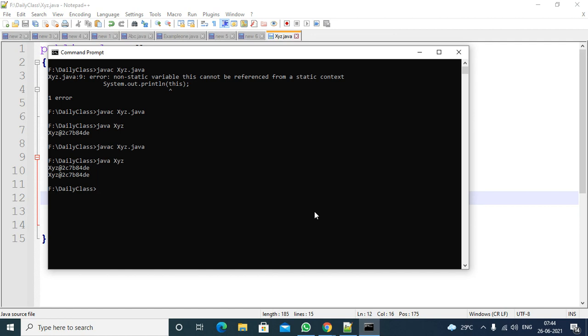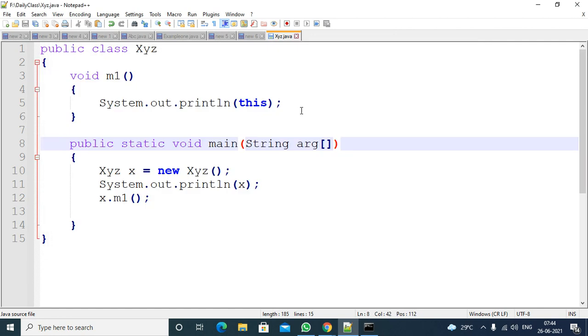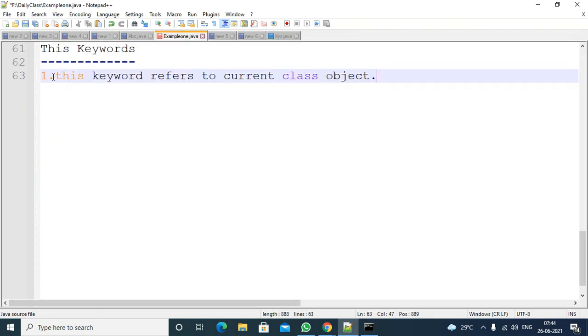So here is what we need to observe. First point, this keyword refers to the current class object.